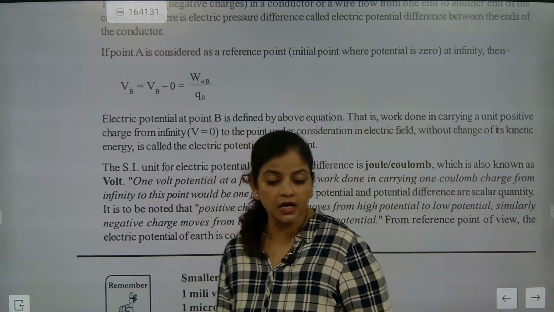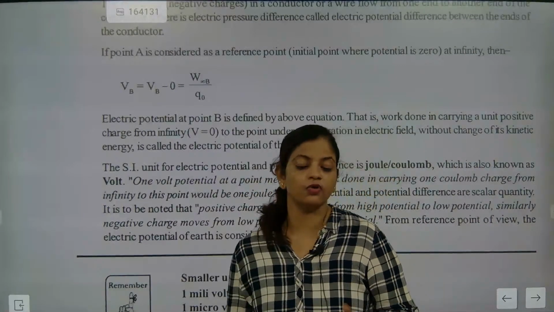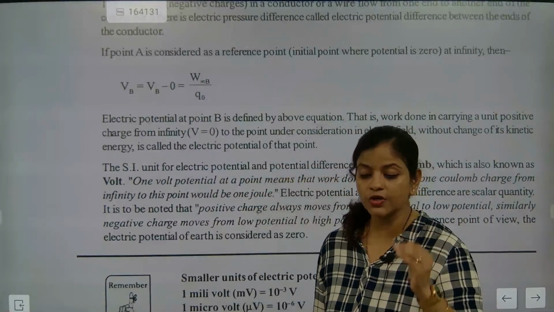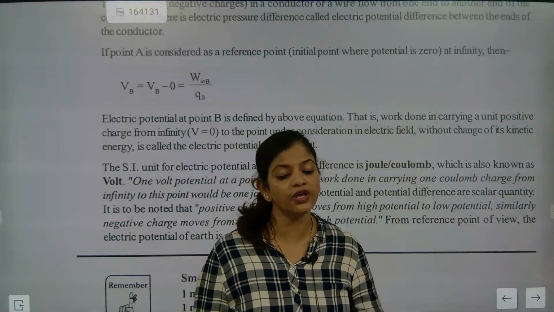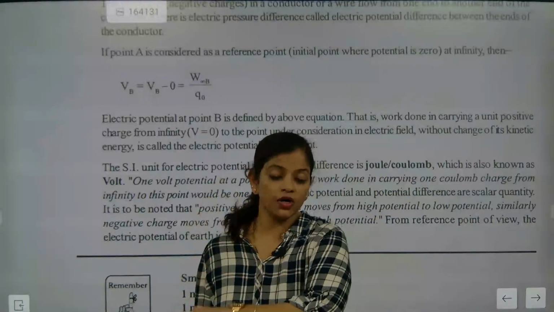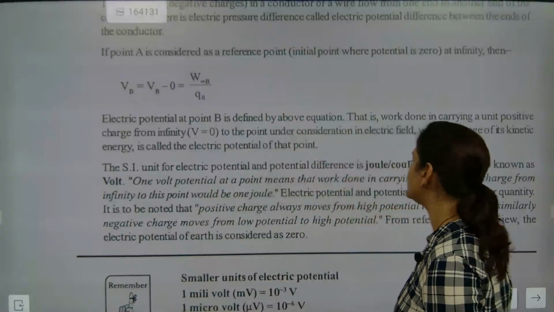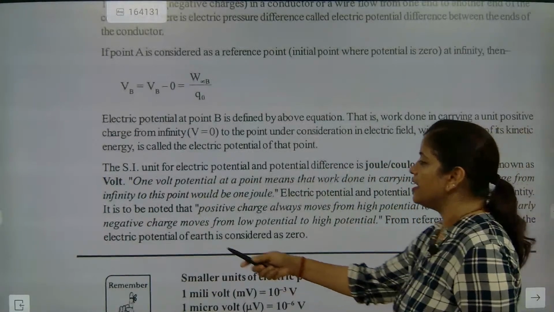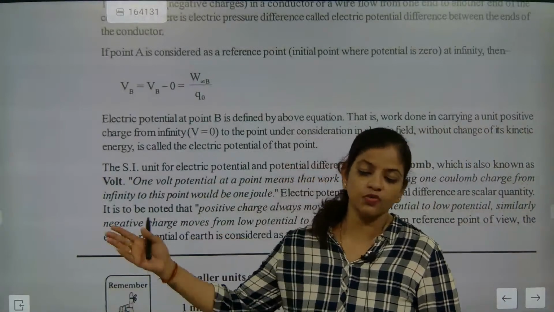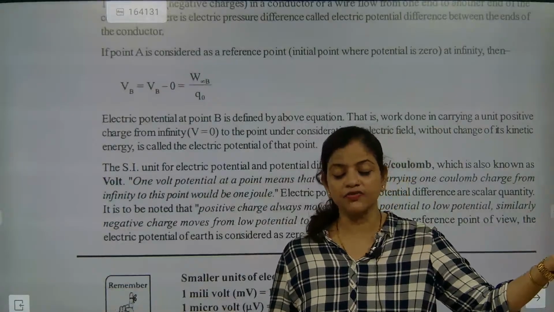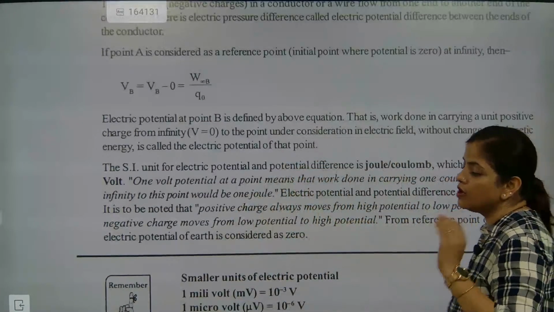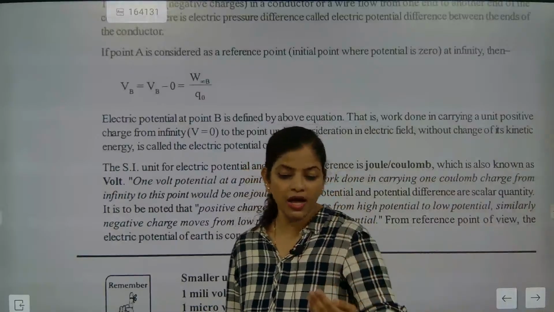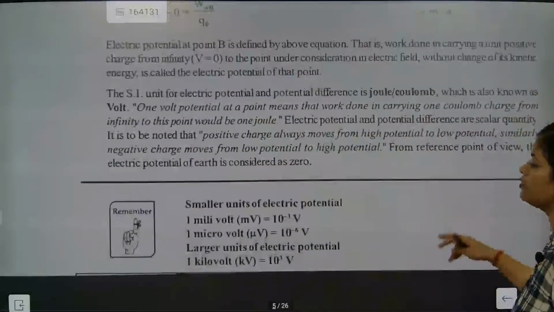This is exactly the concept we are going to follow. Okay, so this is what we are going to understand: from higher potential to lower potential, who is moving? Positive charges. From lower potential to higher potential, who is moving? Exactly, negative charges. So negative charges move from lower to higher, and positive charges move from higher to lower. Positive: higher to lower. Negative: lower to higher. Okay, so now we are going to talk about